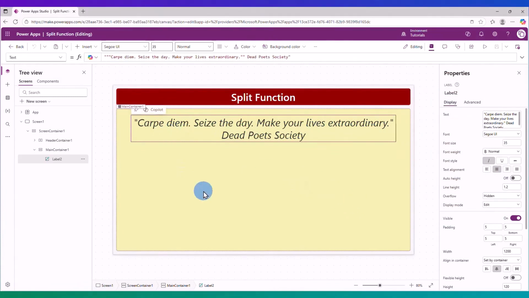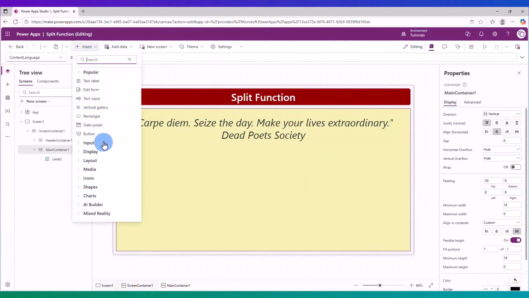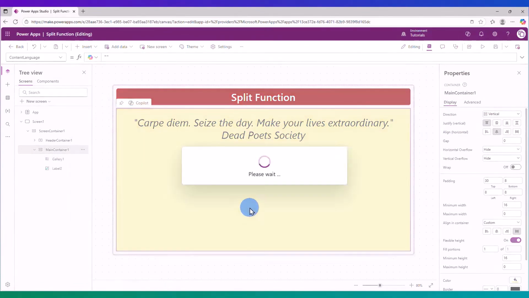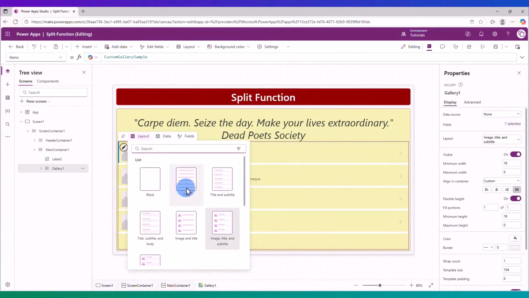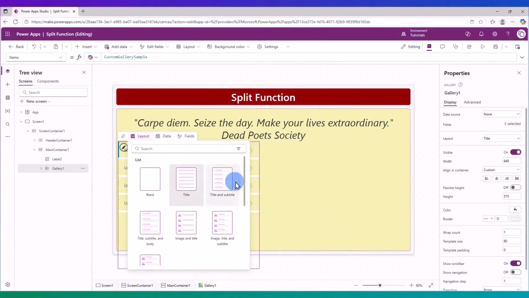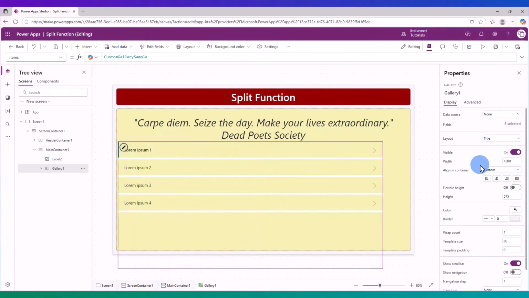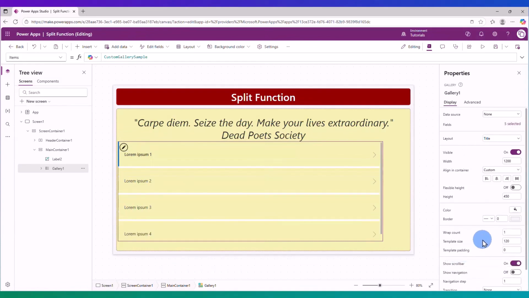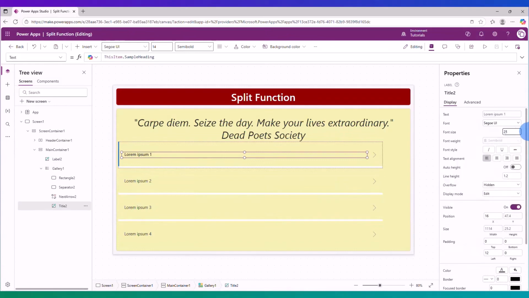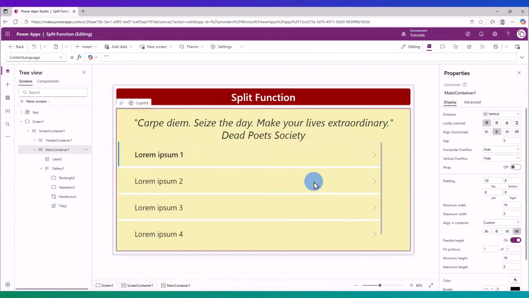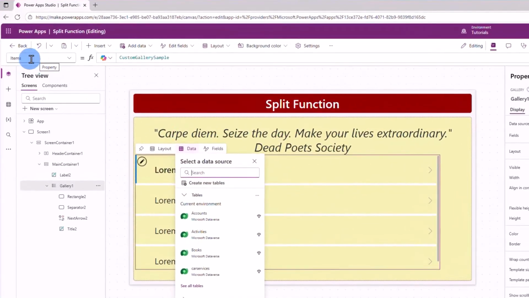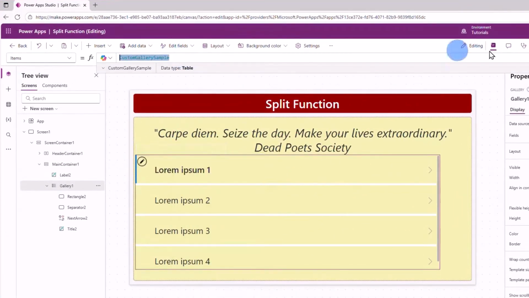For that, I'm going to add a gallery here. Let's change the layout to this one. I'm going to format the gallery with height, template size, font. Okay, looking good. Now, I'm going to select the gallery, then go to the items property of the gallery